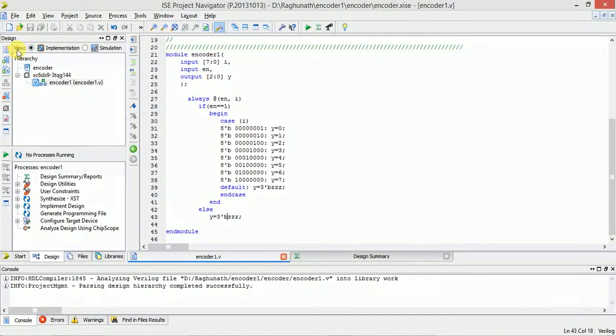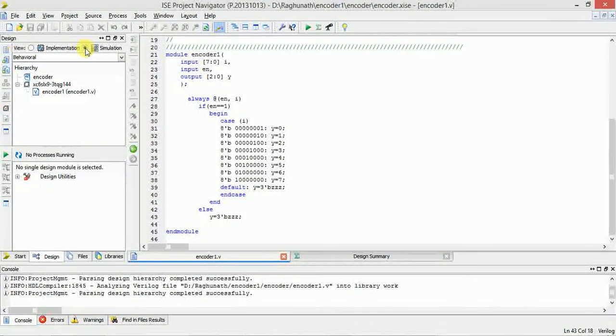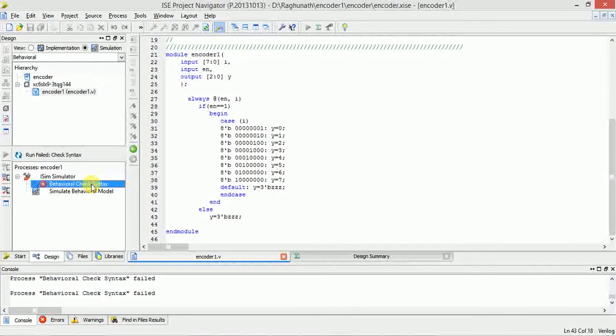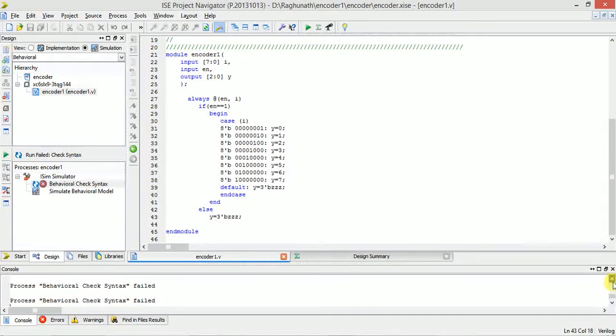For checking the simulation, you should click here, simulation tab. Here there is a button, click on this. After clicking this, click on the file. After clicking on file, you will get a plus button here, ISim simulator. First let us check the syntax. If no errors, you'll get 0 errors. Now I'm getting some errors here, you can see.